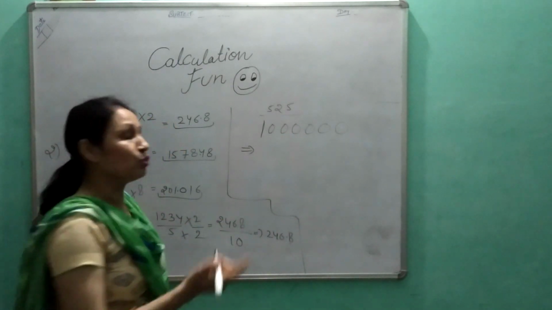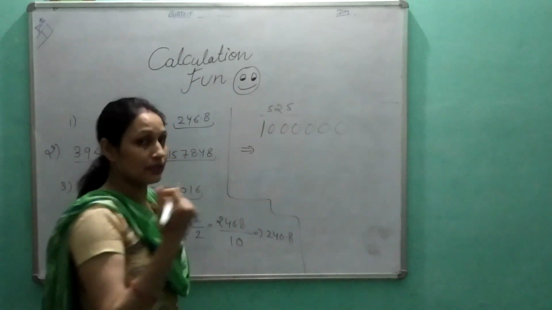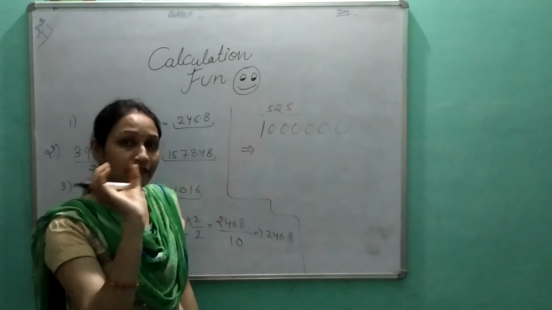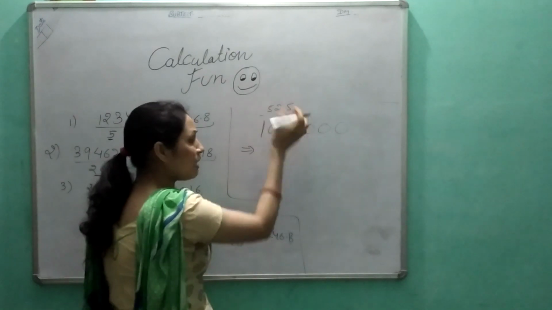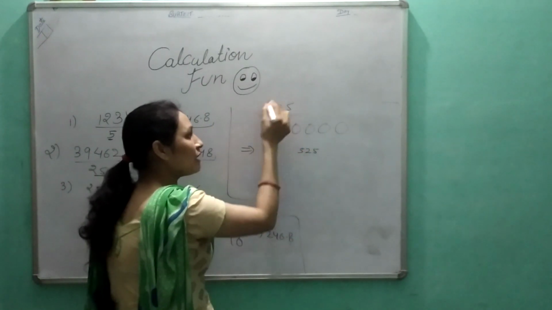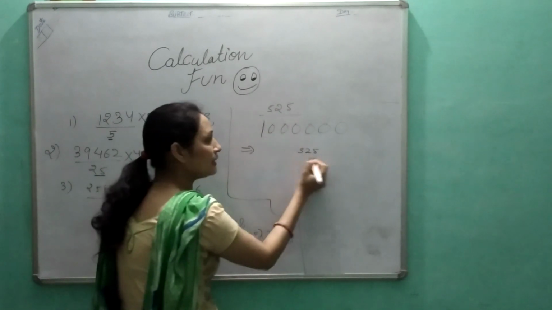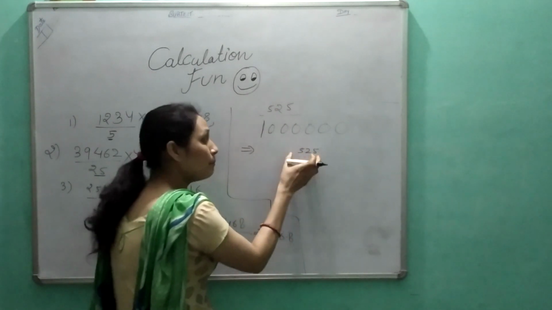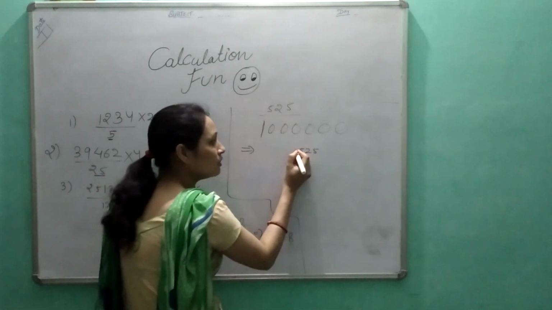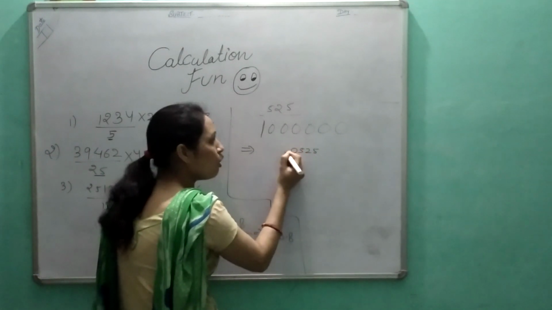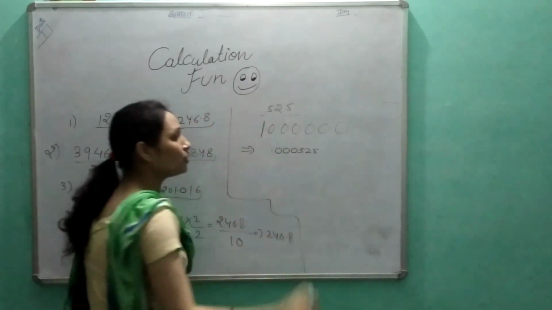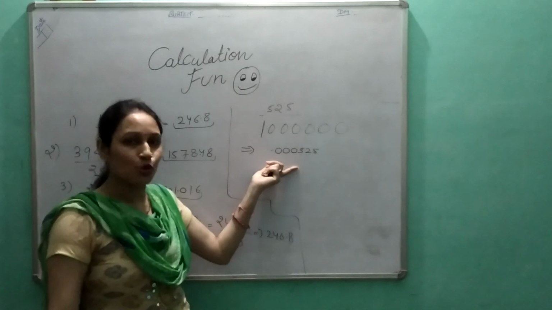So what will we do? In our answer, we will take 6 digits after the point. After the decimal we need 6 digits. We have only 3 digits here, 525. We know that if we divide 525 by 1, we will get this number again. But we need 6 digits after the decimal. So 3 digits are there, and we add zeros: 1, 2, 3, 4, 5 and 6 digits we have. So we will put our point here. This is so simple, students.